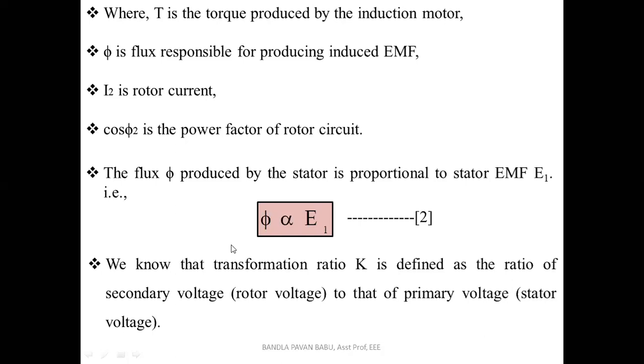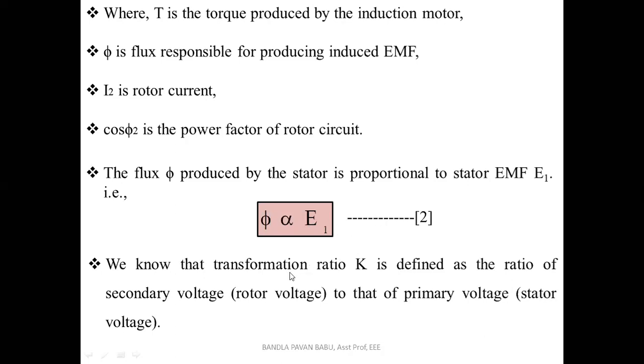Earlier we have seen that E1 and E2 are also proportional. They have the same magnitude and the same frequency, but they may be out of phase or in phase, which is not a big issue. Whereas in the current part, it will be different. The magnitude and the frequency may differ, and accordingly the rotor frequency also varies, as we have seen, from 1 to 4 hertz.